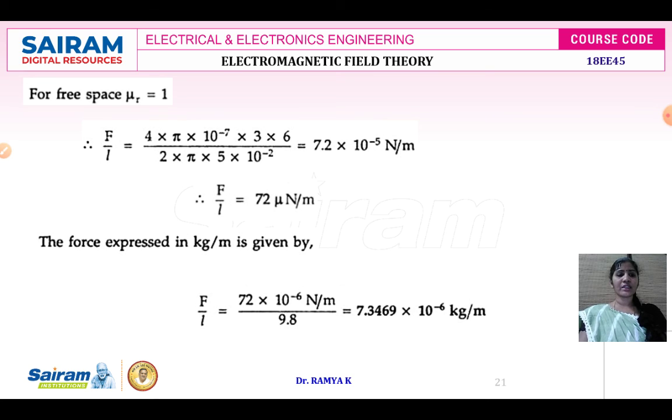Suppose the current in the conductors is carrying in opposite direction, then there will be a force of repulsion, and according to that we have to put a minus sign. They are going to repel each other, therefore both the forces are going to be opposite. If F1 and F2 are considered as the forces on the respective current carrying conductors, then when the current is carrying in opposite direction, we'll get F1 is equal to minus F2.